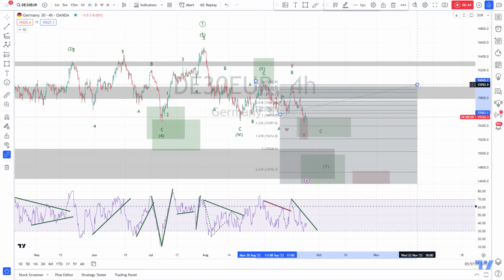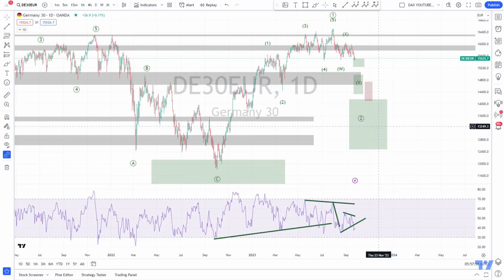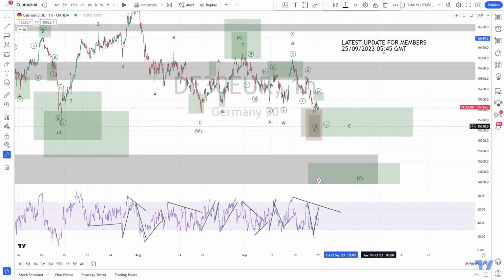So as you can see, there will probably be some upward pressure here from this area. Now, it is hard to say if it will unfold in 5 waves or if we stick with 3 waves. This is a bit difficult to forecast. We can have a look here at the